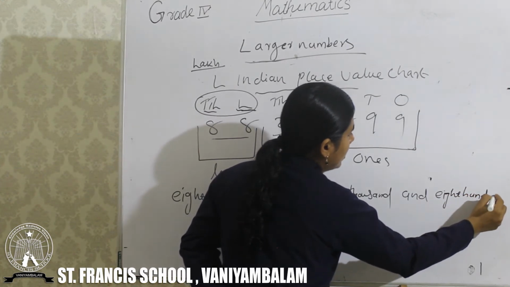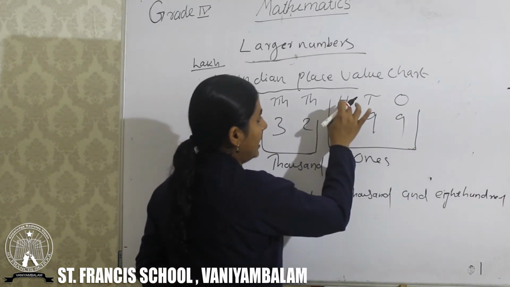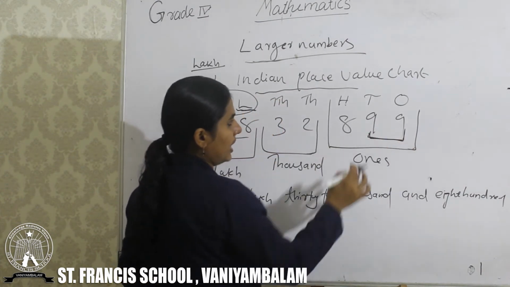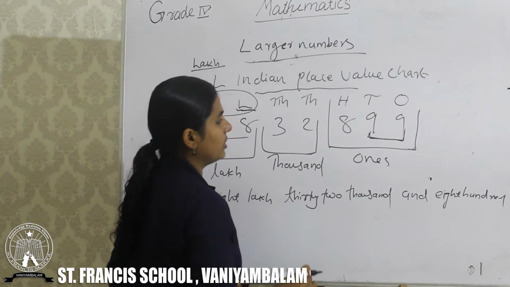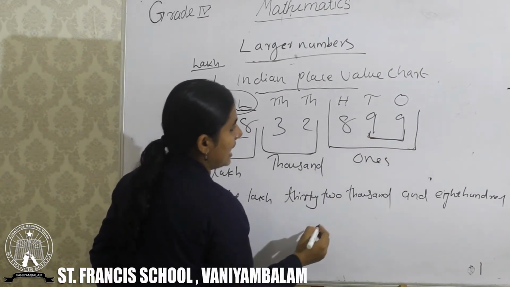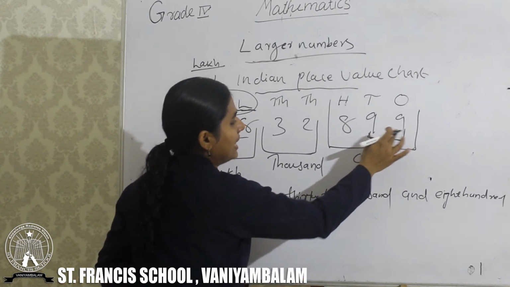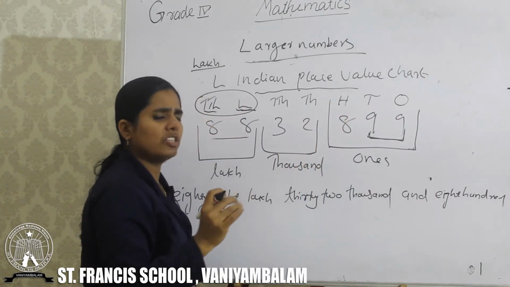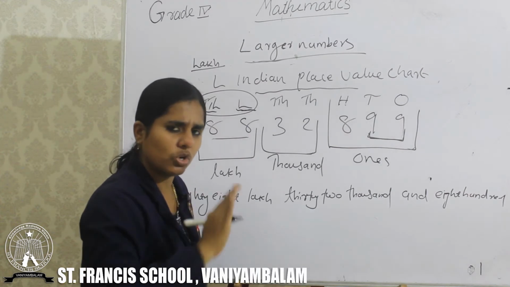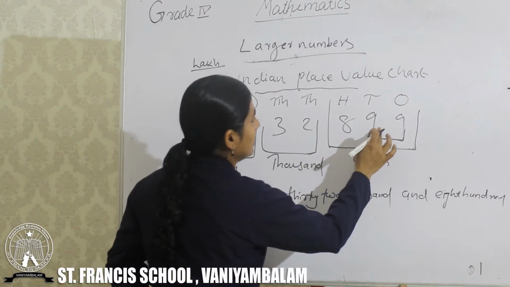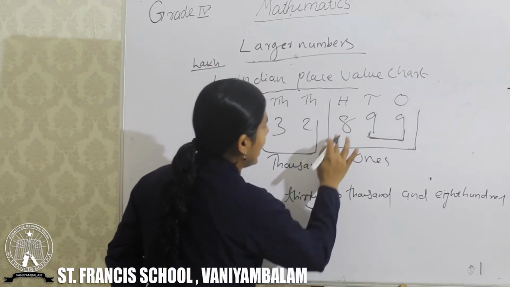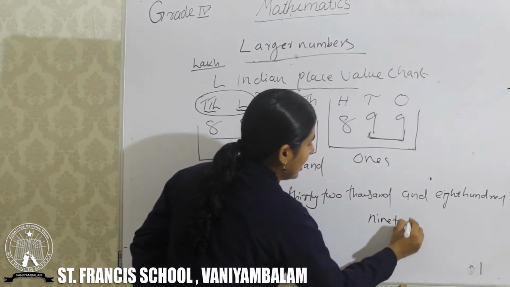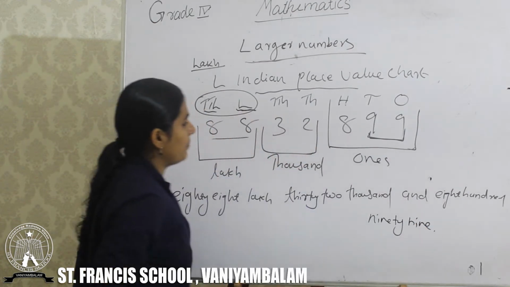800. Then every time this last part we want to read together. Tens and ones we want to read together. This is which number? 99. Don't read 9 and 9, that is wrong. 99. Every time, the ones and tens part we want to read together. There is no doubt. Then tens and ones together. That is 899, 99.